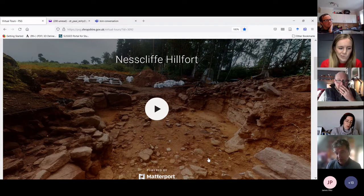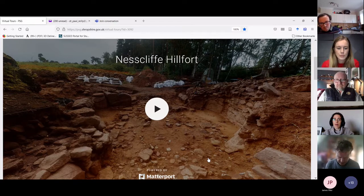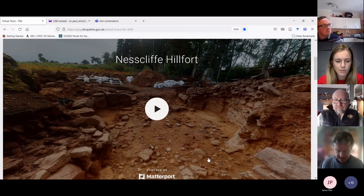So we record our site in various ways. We use photogrammetry, terrestrial and drone. We use standard two-dimensional line measure drawings, all those things you normally see. But none of those were particularly useful for conveying what we were doing and what we'd found to the local community. So what we did in the end is, with the help of Sean Berkey and Andy Wigley, who are the natural environment and archaeological leaders in Shropshire, respectively,